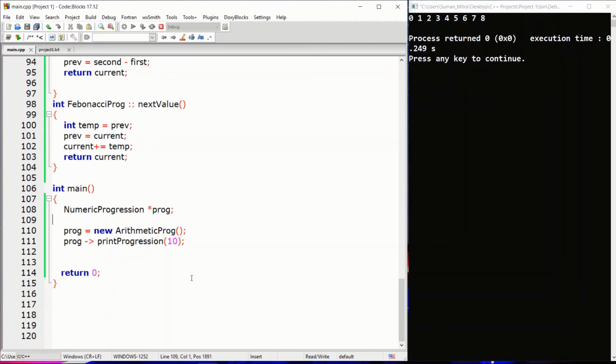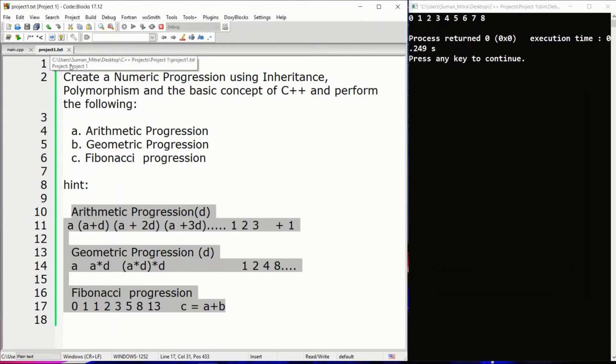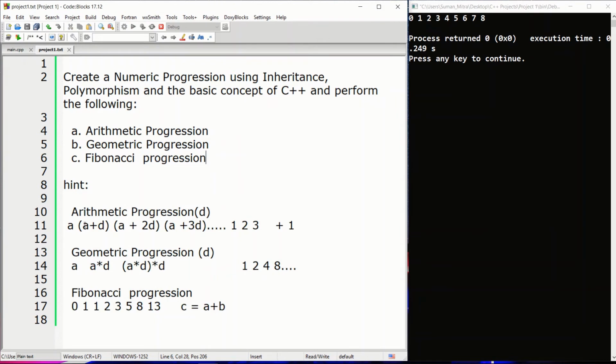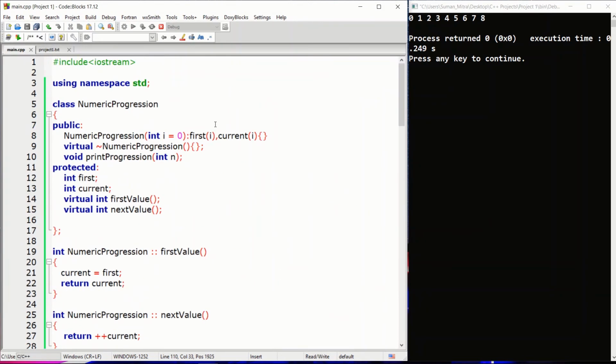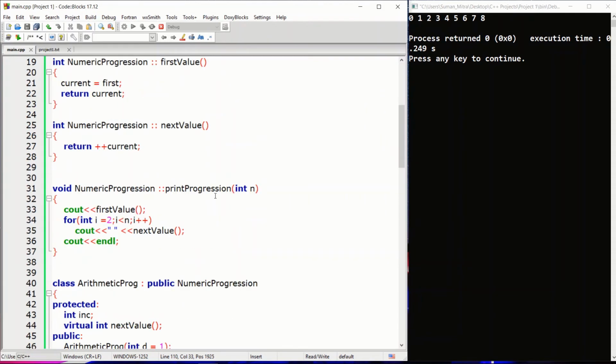And why did we get this? Because by default, when we created this, we did not pass what the difference should be, and by default the difference is 1. Okay, let's come here and see. It's like 1 2 3, so this got printed. By default we can go to the arithmetic progression. You can see here numeric progression where it printed, and we should take the value of n, and this will print all the numbers for 10. That's right, 0 1 2 3 4 5 6 7 8 9 10.